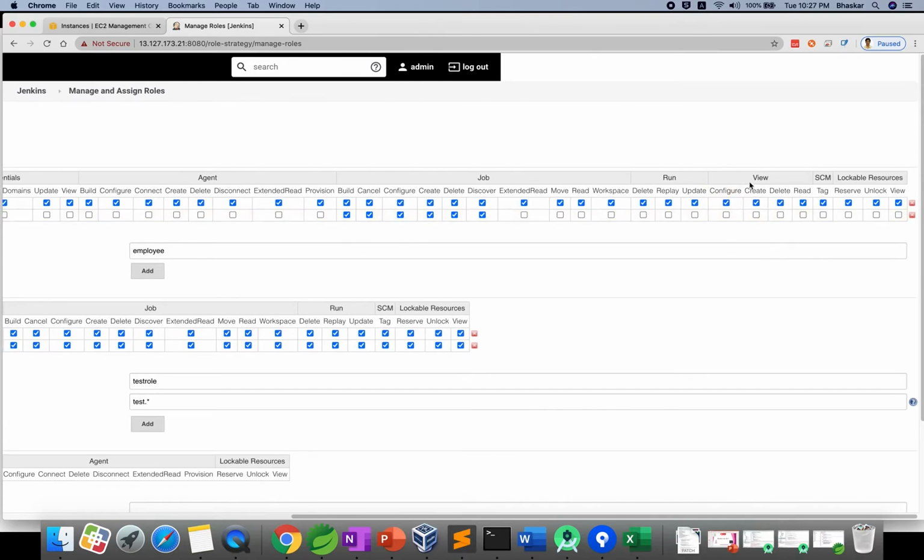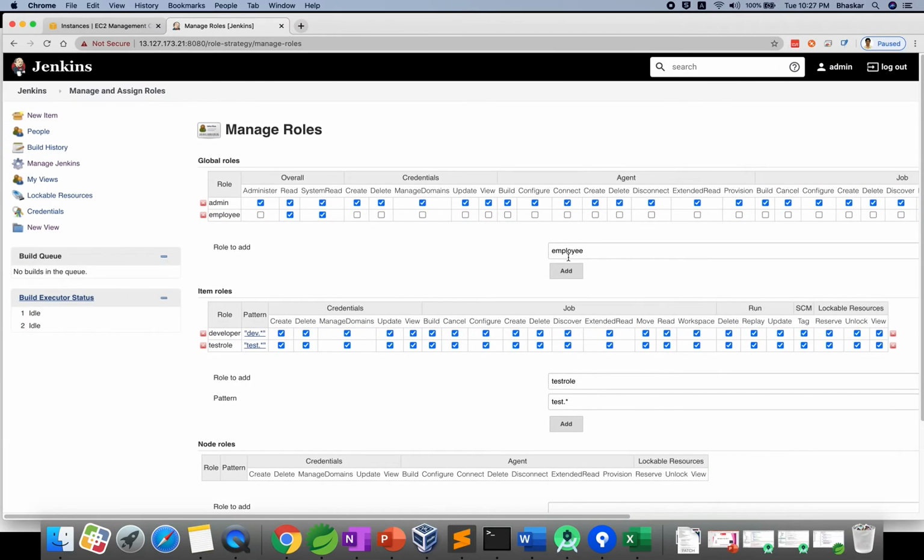If you don't provide the view option, even the developer can't see any jobs. I'm deselecting what is not required and giving the view. This is an individual level and this is a global level. I can give it as employees; already given.